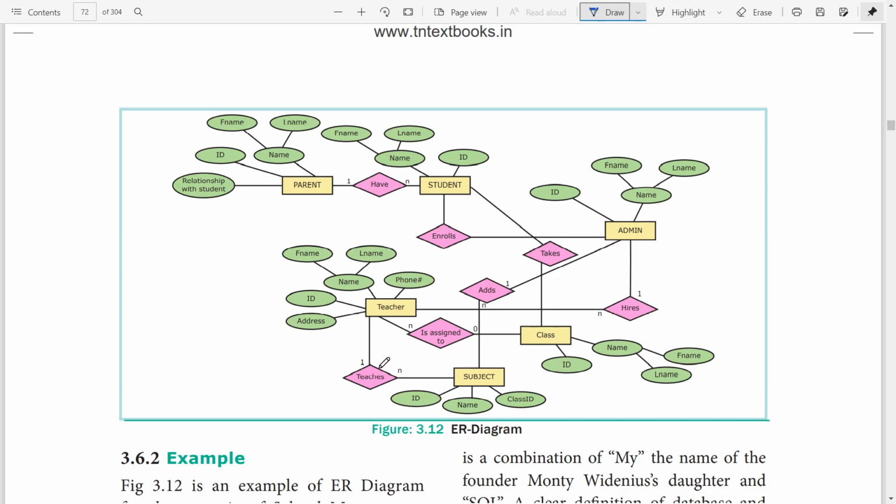Teacher is related to the subject. A teacher can teach a number of subjects. Subject ID, name, class. It is assigned to classes. Name of the class, first name, last name, and its ID. Coming to student. Student enrolls. After enrollment, we have the name of the parent and their details, student details, and students are taken to the classes. These are the relationships between parent, teacher, and student in the school.